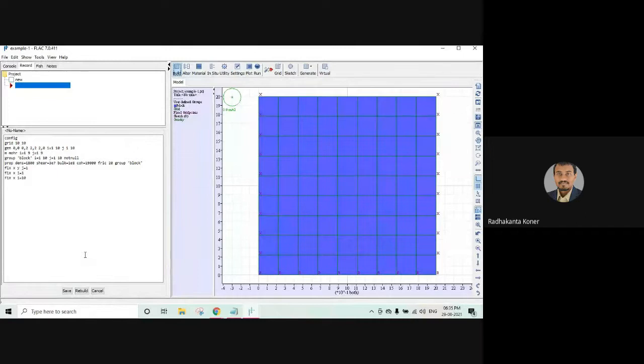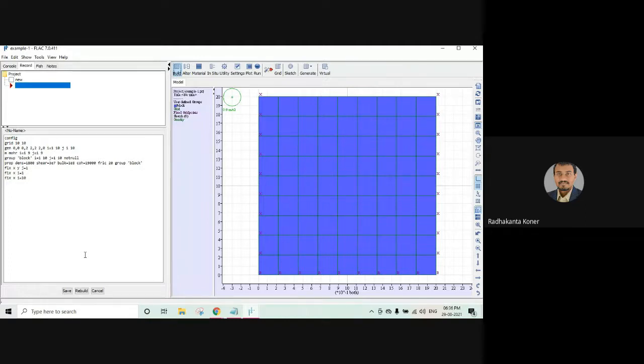grid. Okay. And we have also defined a boundary condition on both sides. That both sides will not move, left side or right side. So both sides are fixed with a fix command. Fix x means there is no displacement in the x direction for I is equal to 1 on the first one, as well as fix x on the end point I is equal to 10. Okay. So this is done.